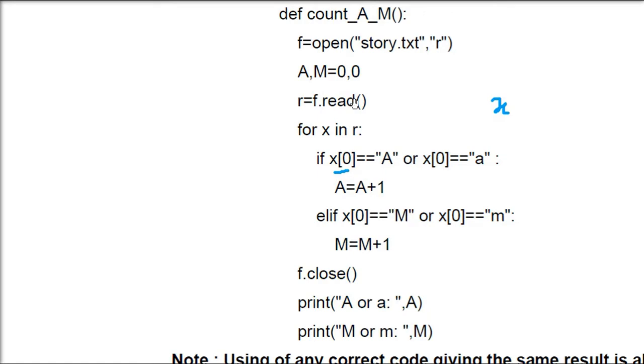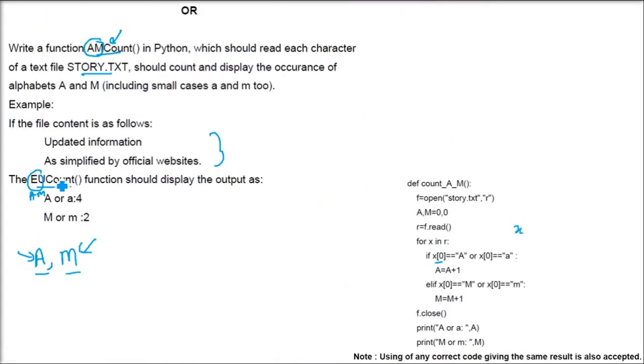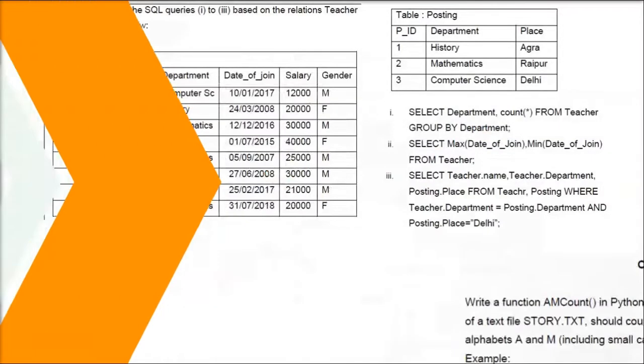So whenever A is coming, we increment A. Whenever M is coming, we increment M. Okay. And then we close it. And then we print A and we print M. This is the final solution. So I'm not going to this 4 and 2. This is because any content can come in your exam. So